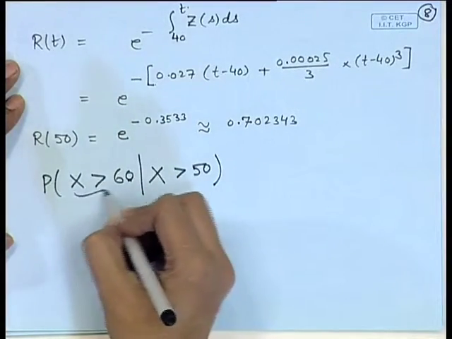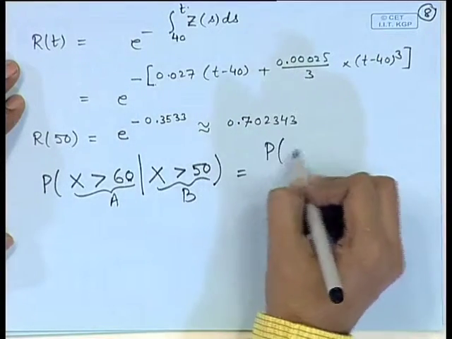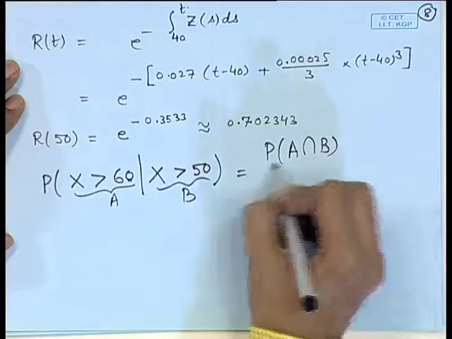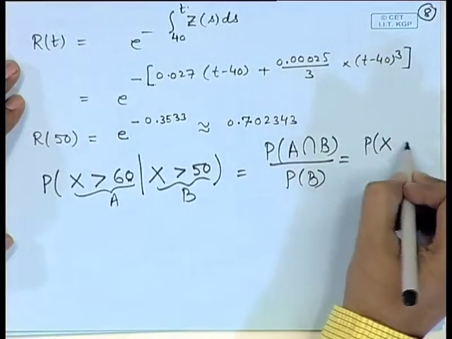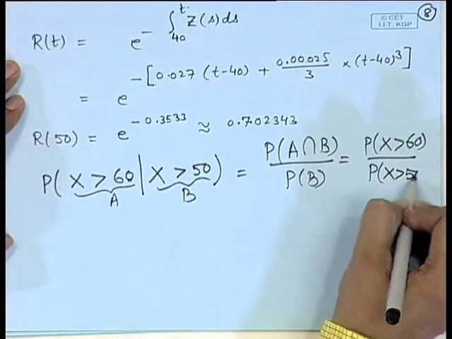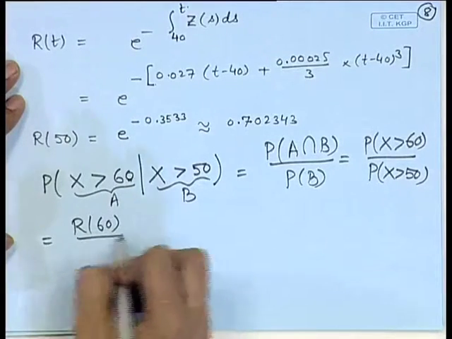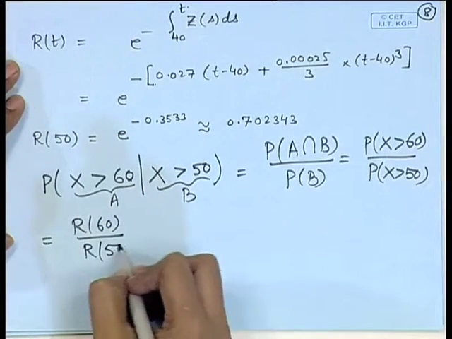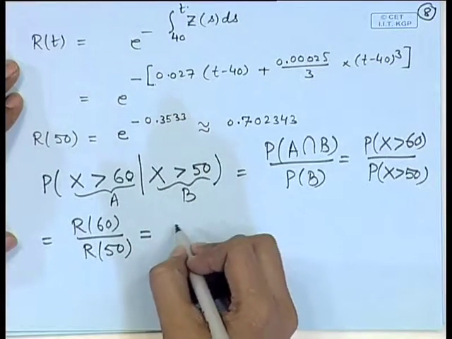If we consider this event as A and this event as B, then it is probability of A intersection B divided by probability of B, and that is equal to probability x greater than 60 divided by probability x greater than 50, which is the ratio of the reliabilities at t equal to 60 and 50, and after some simple evaluation this turns out to be